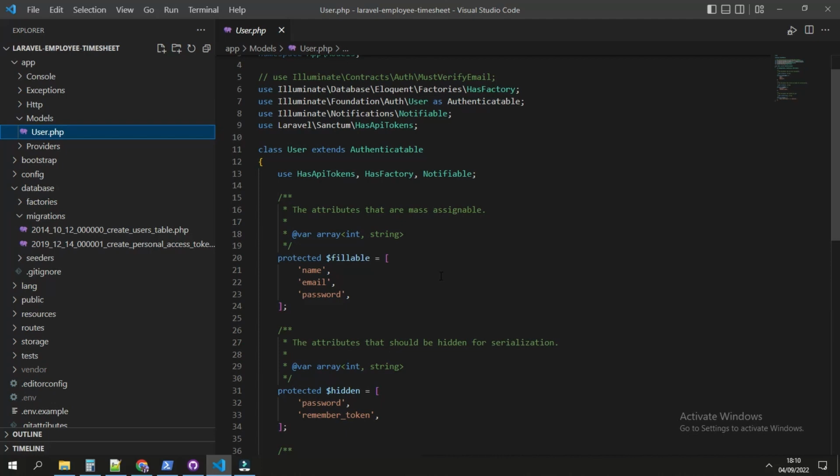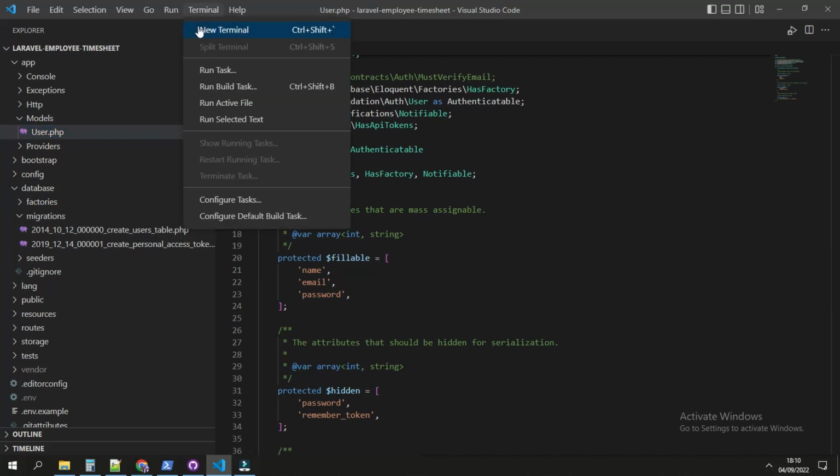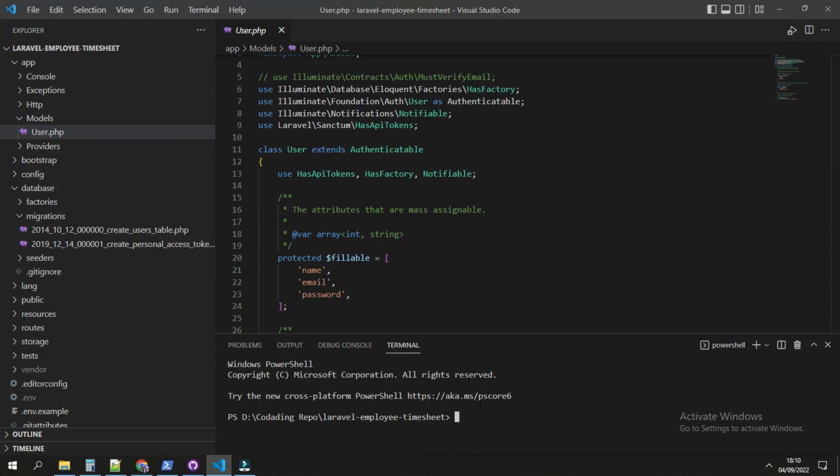First, we create the roles table with the artisan command. You can open the terminal, and to make a new model, we go with the command php artisan make:model Role.